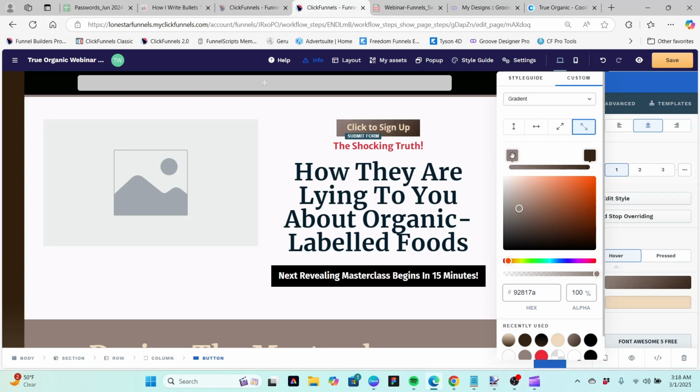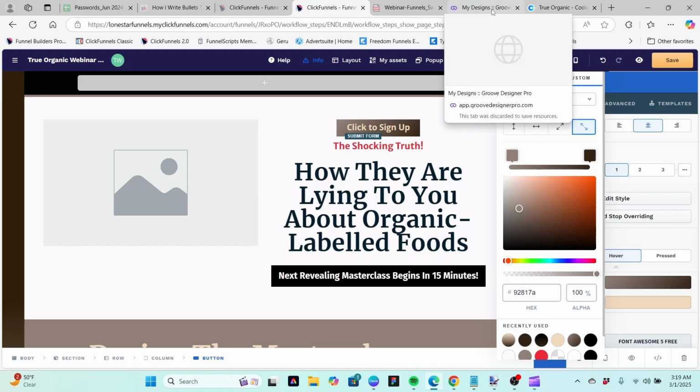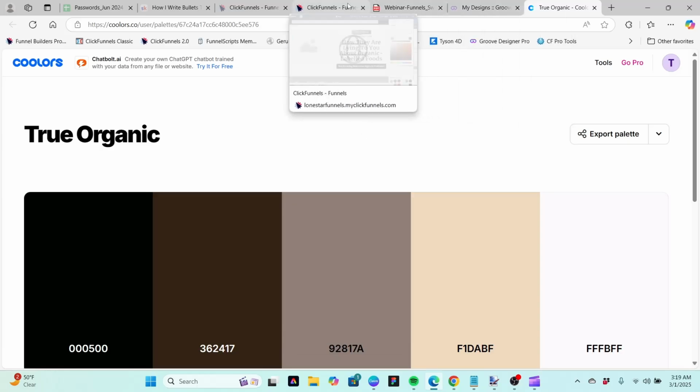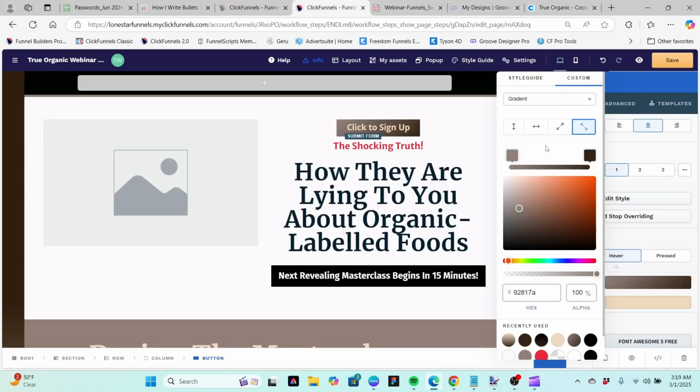Now, this is working with only two colors, but we can actually put in multiple colors here. I don't know what the maximum number of blocks you can put in there, but you can put in a few. You're going to be limited by the space of that bar there. So let's go ahead and go to our palette again. Let's go ahead and pick some white, I guess here. This is an off-white. And stick it in there just to show how that works. I'm sure it's going to look pretty awful, but